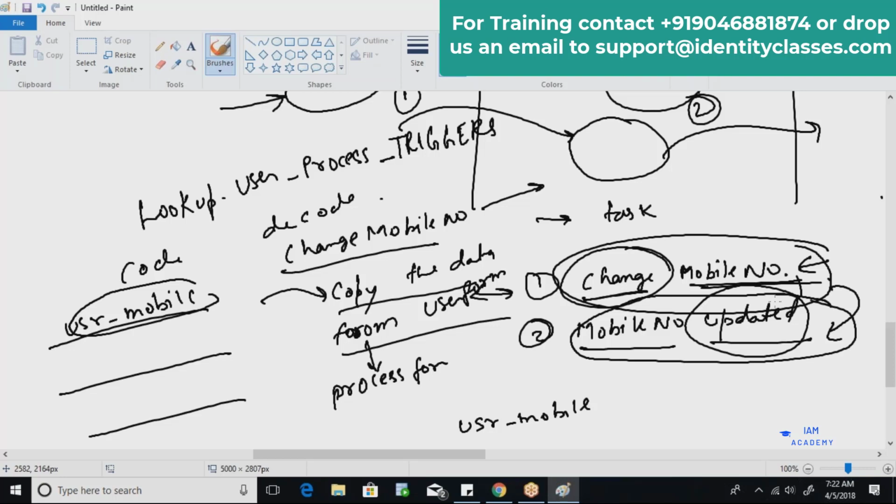Right, in this case, when you define a trigger for the user mobile attribute, only whenever that attribute changes, the trigger fires up, right? That triggers the particular task. And if this particular task is present in 10 different applications, then this task is triggered for 10 different applications as well. If you have 10 different targets, yes.